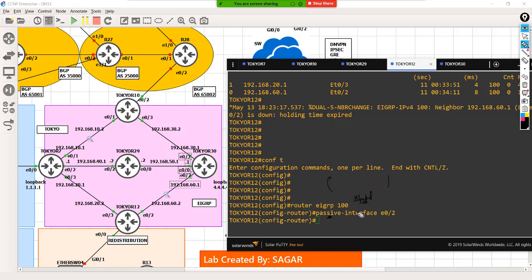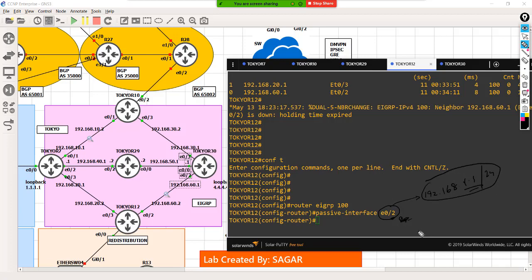If I make shut down, then let's say this interface, I wanted to participate in EIGRP, but I don't want the interface to send any EIGRP packet to further routers. In that case, I cannot shut down this. I want this interface to be actively participating in EIGRP distribution. Let's say this interface has a network